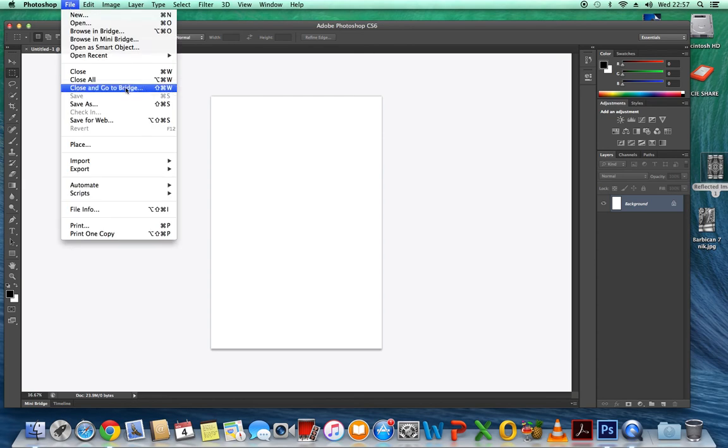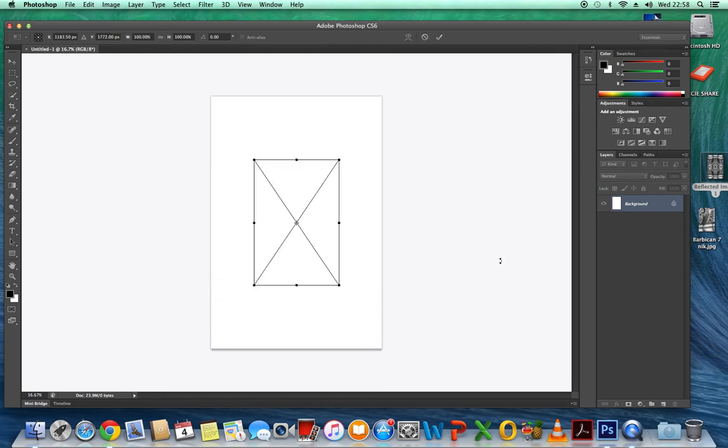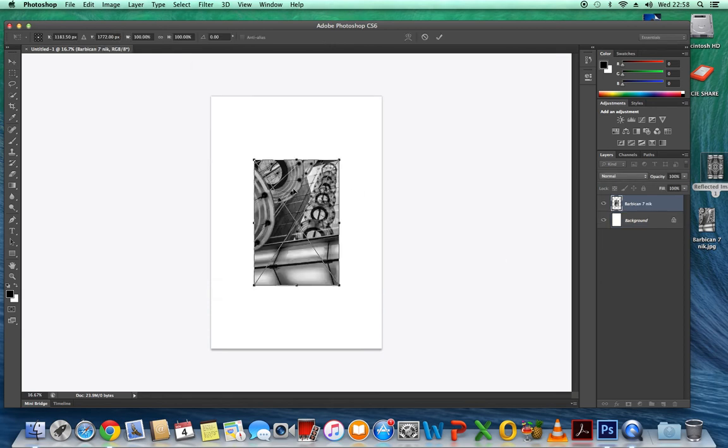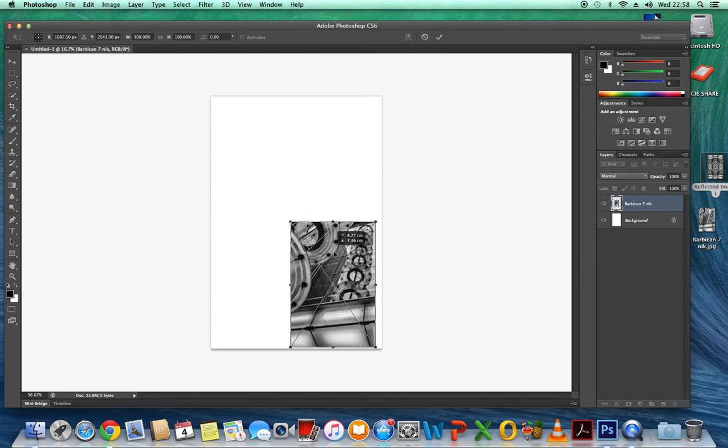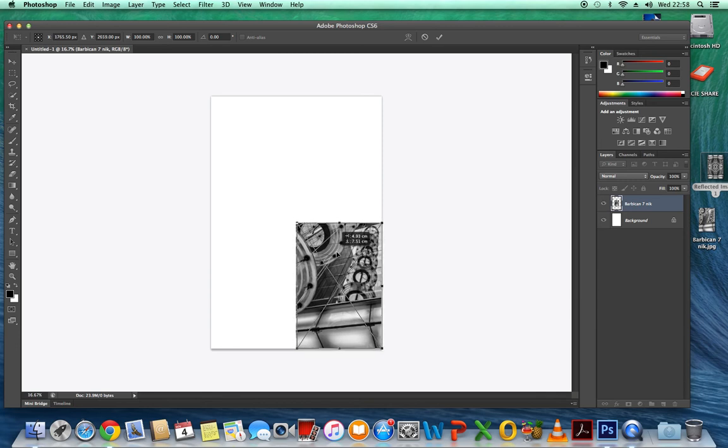Then we're going to go to File and Place or Place Embed, whichever one is on your computer. We're going to go and pick up Barbican 7 and place it. Now I've already edited this in Nik Silver FX, so what I suggest you do is you edit it first before you change it into a reflected image. Now I'm going to place it in the bottom right hand corner. Down here. Okay, so I'll place